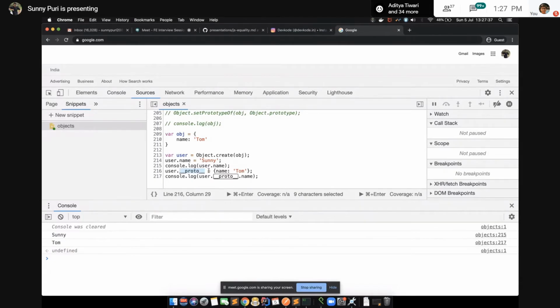In the setter, they have written a logic: if the type of value is not object, ignore it, don't update. Now you got it, why we are using setter and getter. Now you can relate a real example.